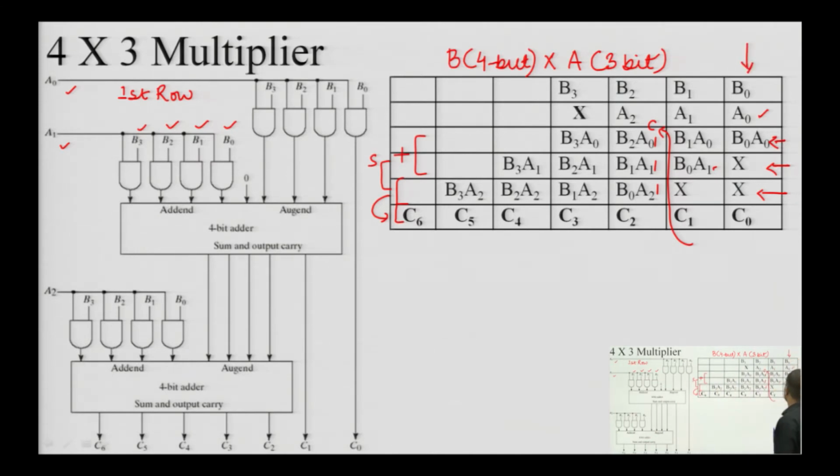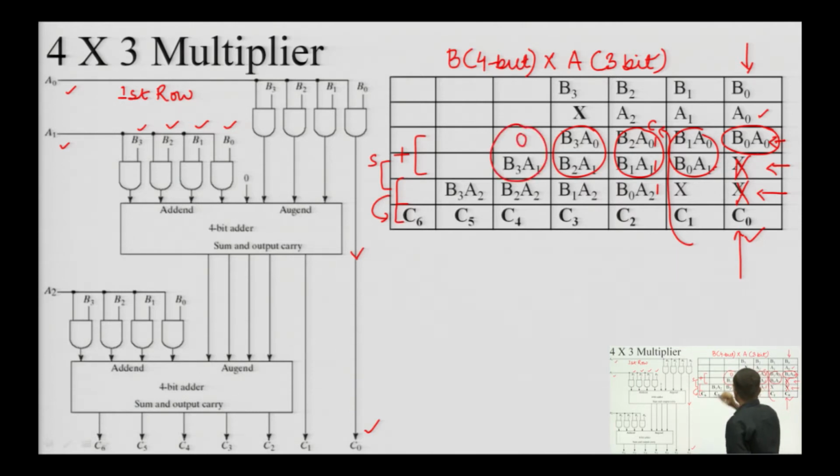And then from this section we can see that in this column this A naught B naught product has to be added with nothing. So, we can see that there is nothing here, there is nothing here, that means this can be considered as the part of my multiplication result. So, this can be seen here that this A naught B naught is appearing as C naught, the LSB of the multiplication result. Okay. Similarly, we can see that now there are these 2 things to be added, these 2 things to be added, these 2 things to be added, and there might be a carry, and in the initial stage there is no carry. So, this can be considered as 0.